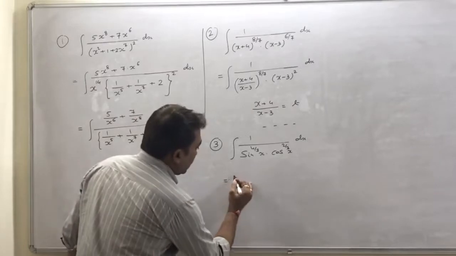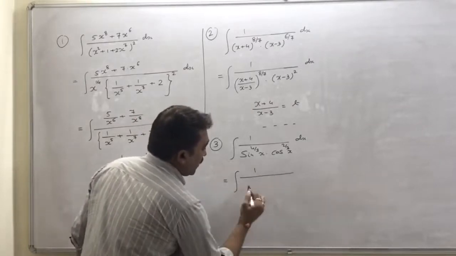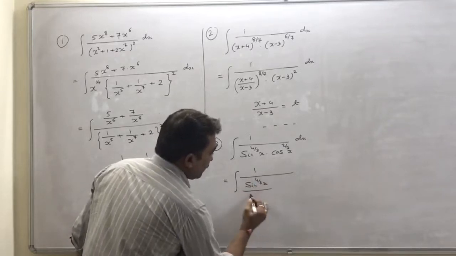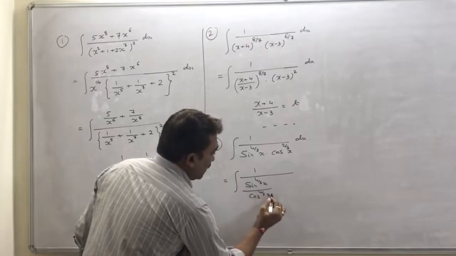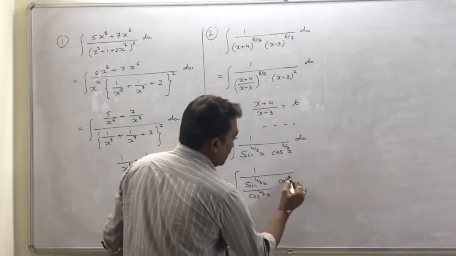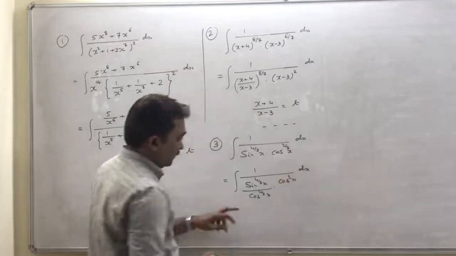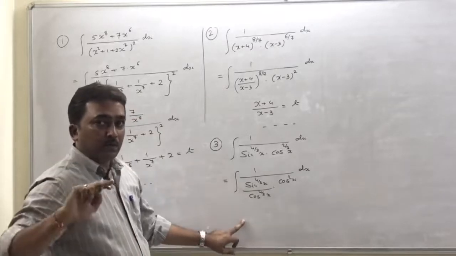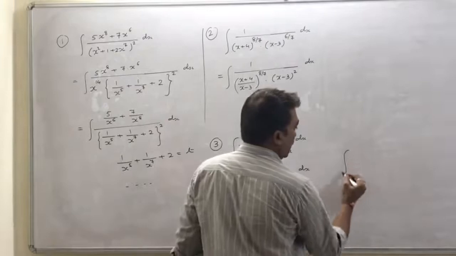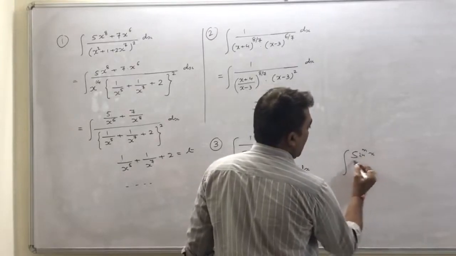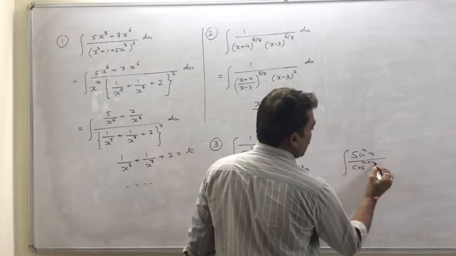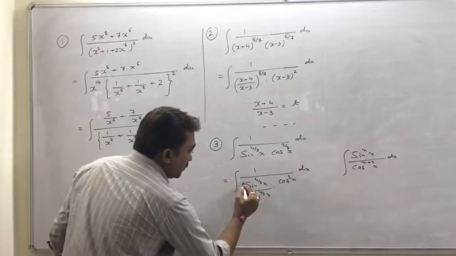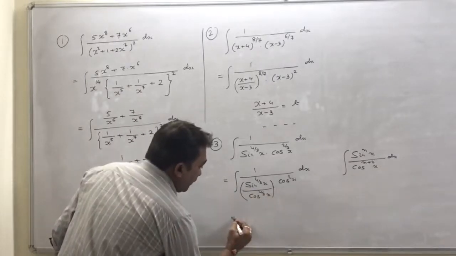Here we start in this way: integral 1 upon sin x raised to 4 by 3 upon cos x raised to 4 by 3 and cos square x dx, multiply and divide with cos raised to 4 by 3. In the GUJCET revision lecture I told you this type: sin x raised to n upon cos x raised to n plus 2 dx. Same method, same type.